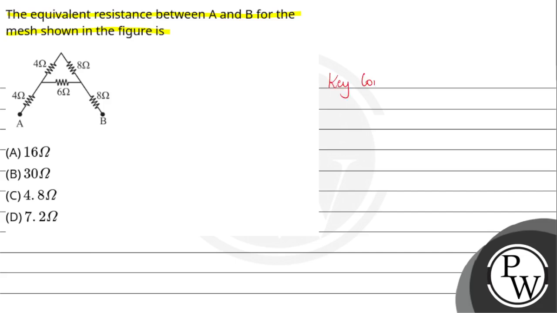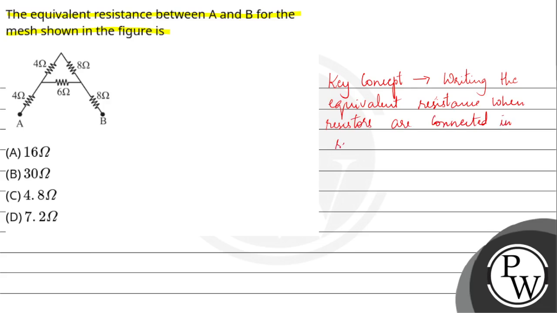तो इस क्वेश्चन का कॉन्सेप्ट है writing the equivalent resistance when resistors are connected in series and parallel. तो अगर हम n resistors को series में connect करते हैं,